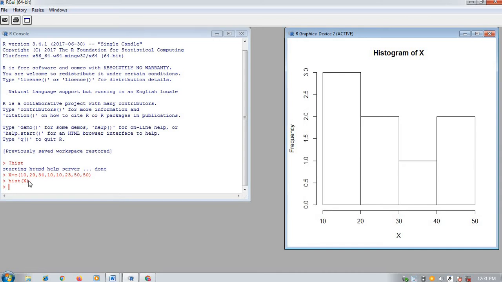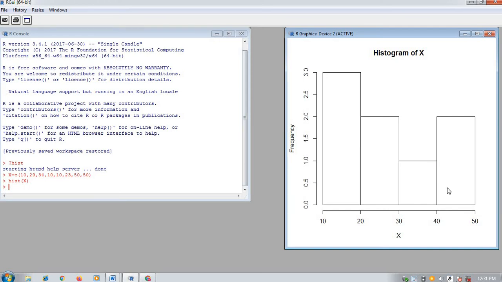And now we are getting the frequency of the values belonging to each range. In the 10 to 20 range, how many values are there? 1, 2, 3. So the frequency of values in the range 10 to 20 is 3, right? Second, 20 to 30, how many values are there? 1 and 2. So it is showing 2. Similarly 30 to 40, only one value is there, that's why 1.